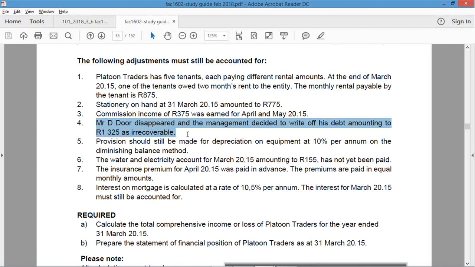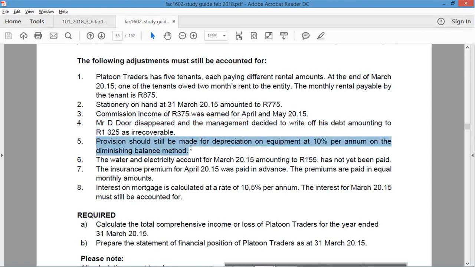Won't it be a debtor? Yes. So you credit a debtor. So what am I going to do? I didn't get paid from a debtor that was owing. The debtor account is too high. If I'm going to write off the bad debt, I'm going to get rid of the debtor. Okay. Then